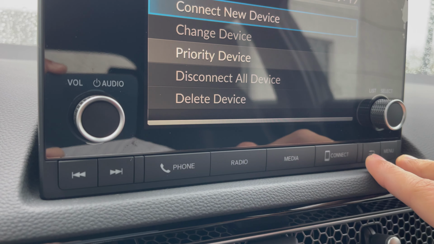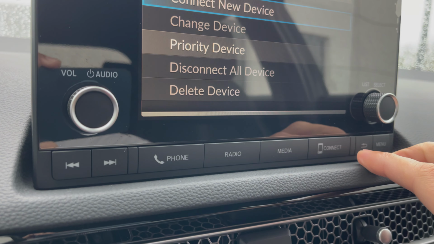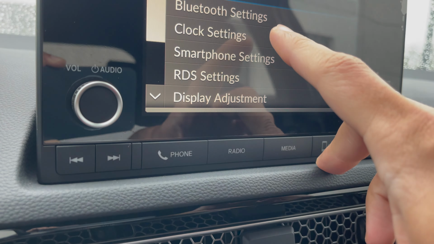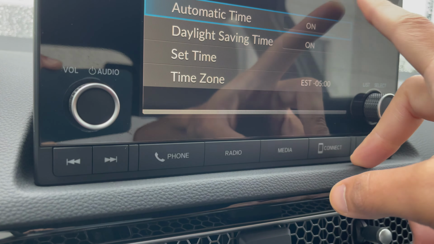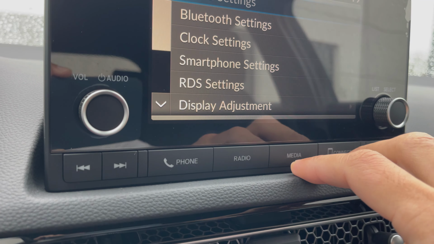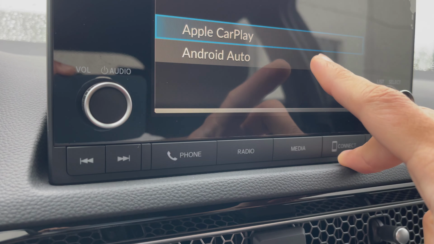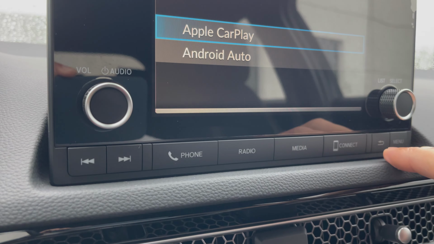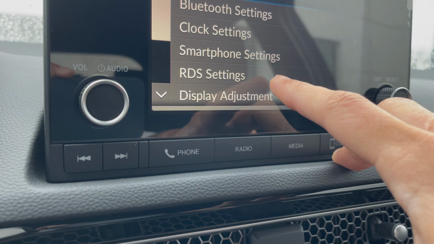Back button right there. Going back one more time. So then you've got the clock settings. So you have all this stuff for the clock settings. Great. Press the back button. Smartphone settings, Apple CarPlay, Android Auto, you have that. And then